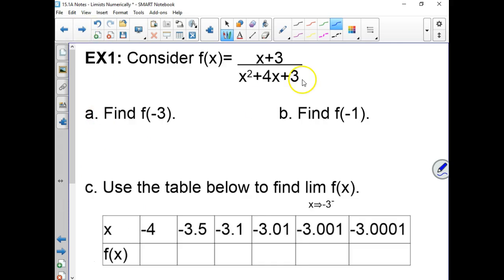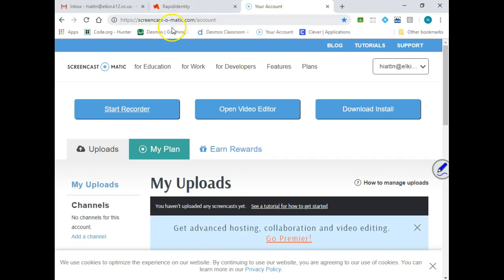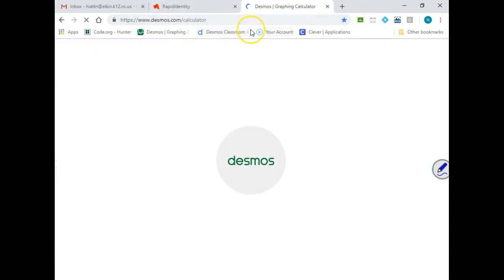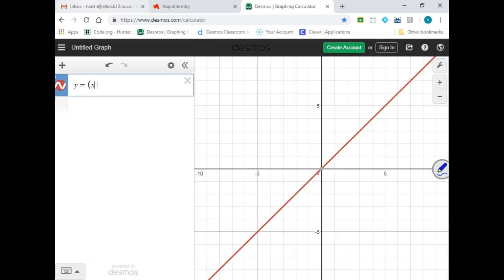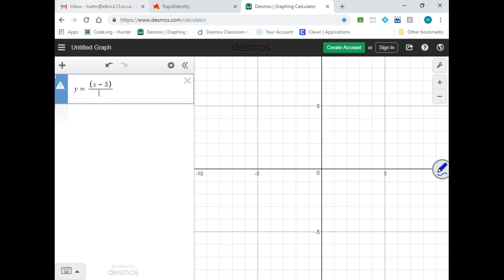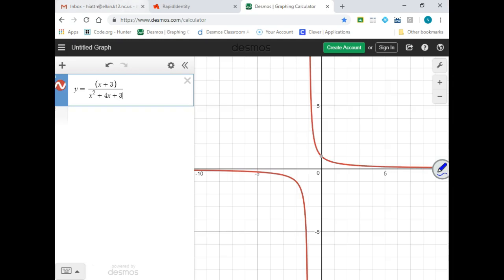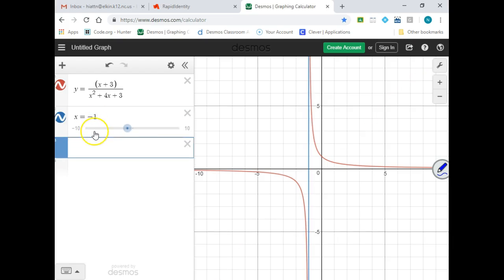this next example. I'm going to graph this next example because I think it helps to see what you have there. So your equation is y equals x plus 3 over x squared plus 4x plus 3. So whenever we look at this graph, I'm going to, not x, yeah, and x equals